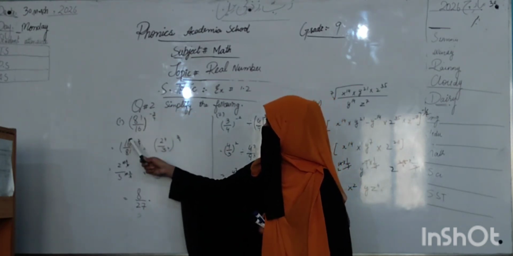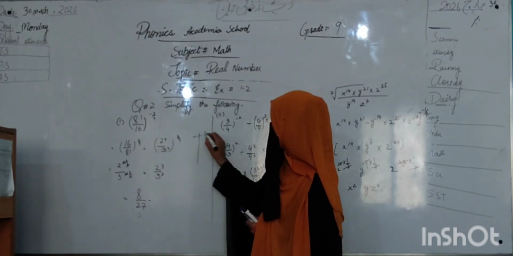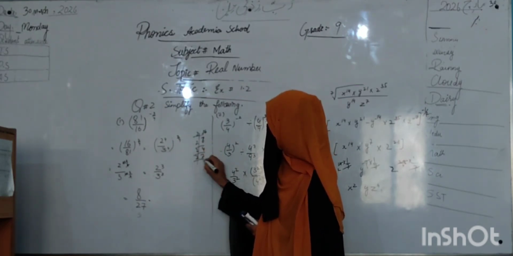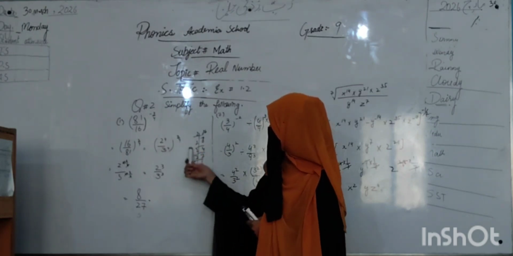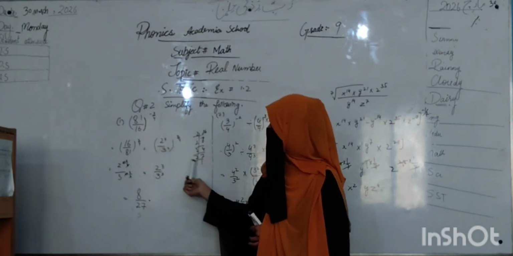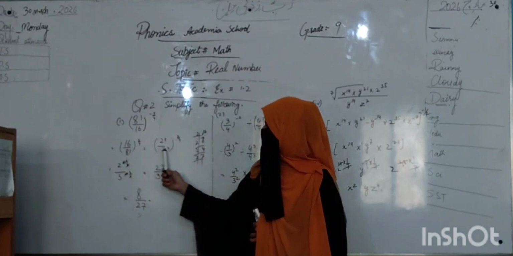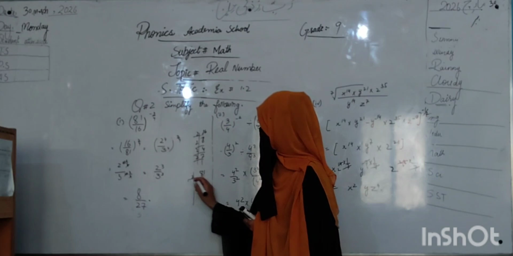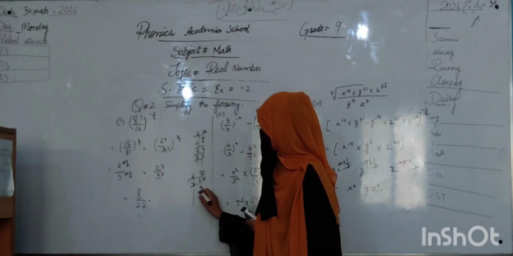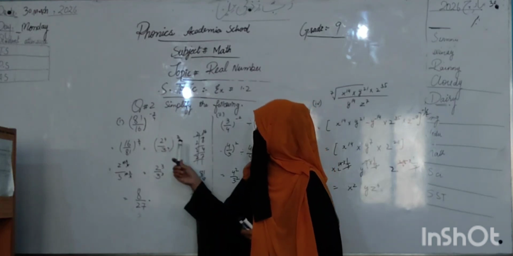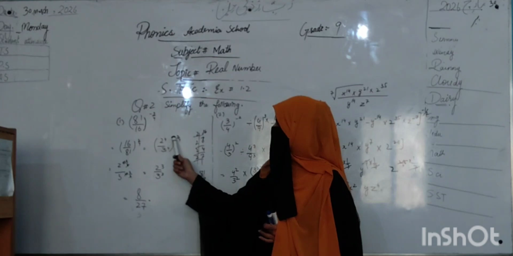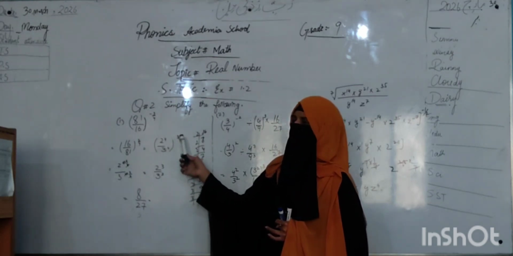Now take the prime factors of 16: 16, 2, 8, 2, 4, 2, 2, and 2 ones are 2. So the power is 2 to the power 4, like 81 has a power of 3 to the power 4. Like that, 81: 3, 27, 3, 9, 3, 3, and 3 ones are 3, so that is 1, 2, 3, 4. So it is 2 to the power 4 over 3 to the power 4, in brackets, to the power 3/4.